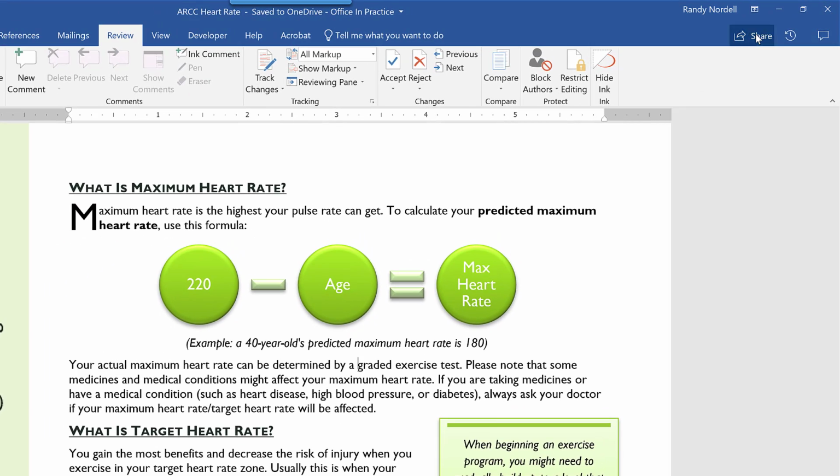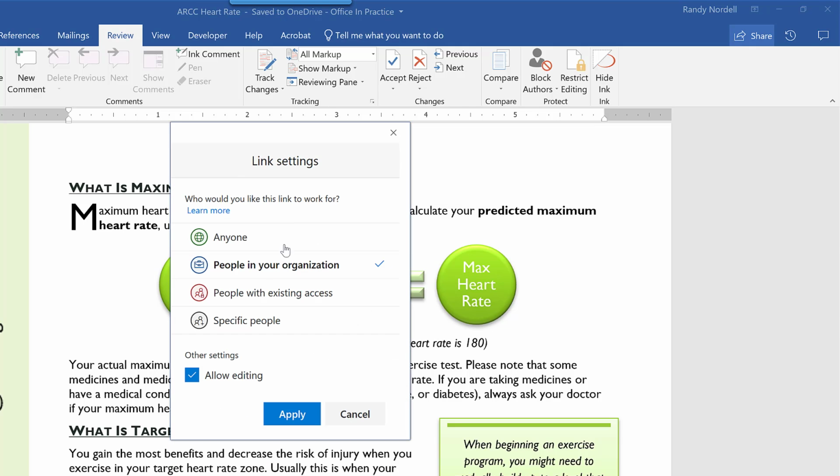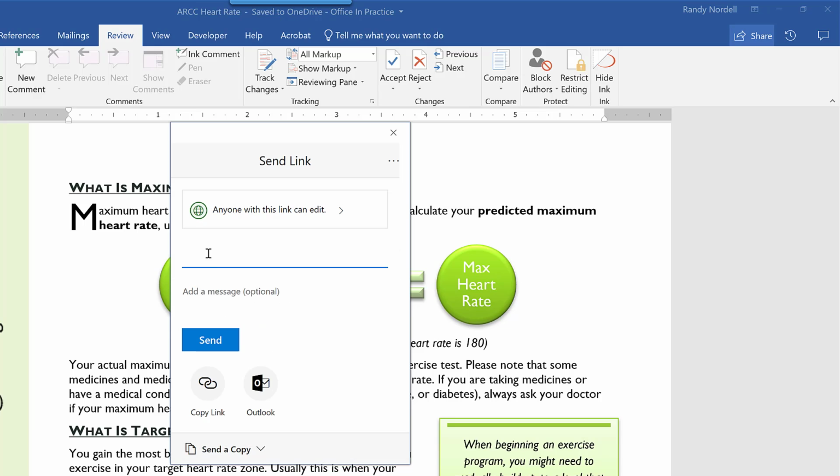The share button is in the upper right and opens up a new window, and here you can control who actually has access to the sharing link. You can say anyone, you can allow editing, or just make it, if you deselect it, view only. You can set an expiration date, and then you have the option of typing in an email address here in